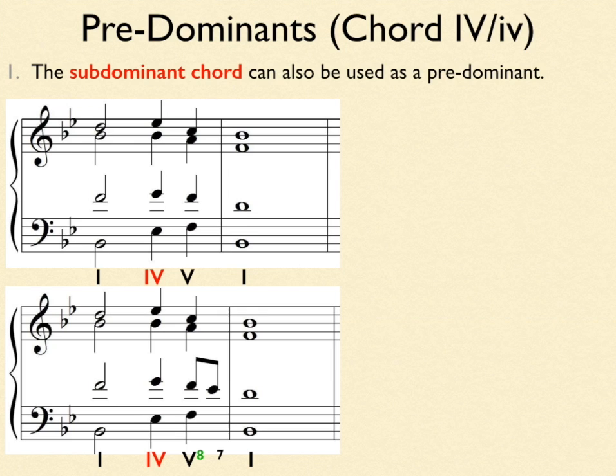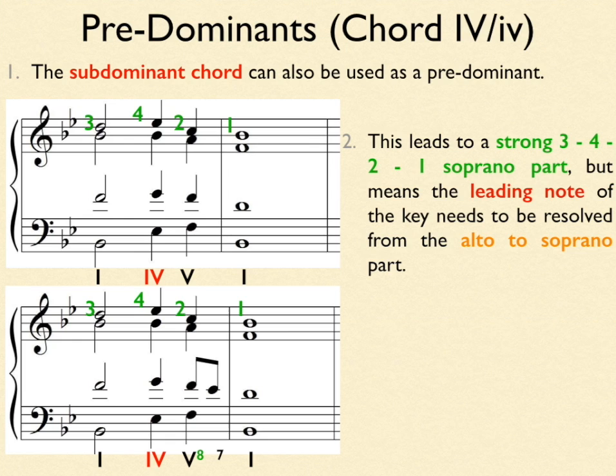So when you introduce your chord 4 as a predominant, this leads to a strong 3, 4, 2, 1 soprano part. So your 3rd degree to your 4th degree to your 2nd degree to your 1st degree in the soprano line. But again, this means that the leading note of the key needs to be resolved from the alto to the soprano part. And we've already seen this in previous examples, but just to go over it again, remember that